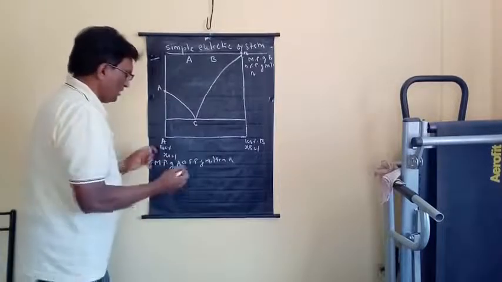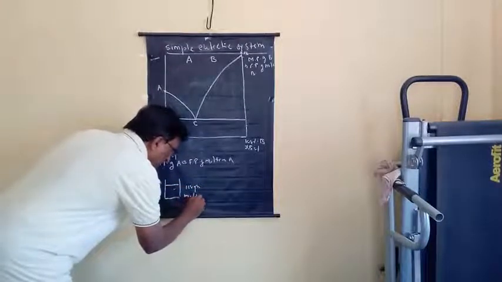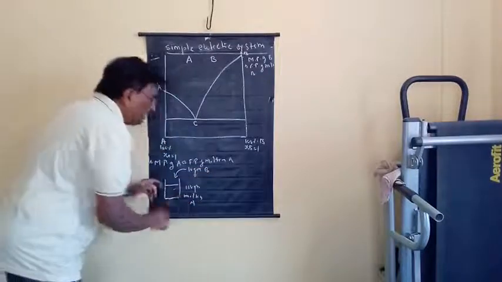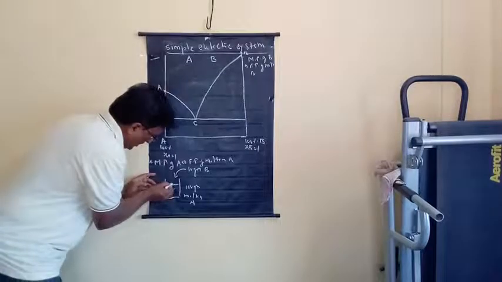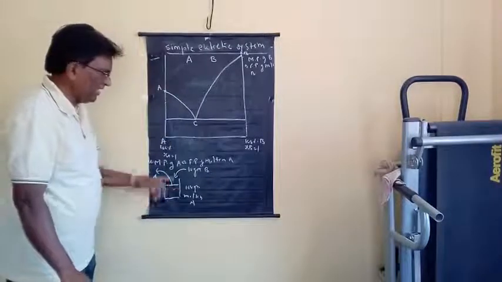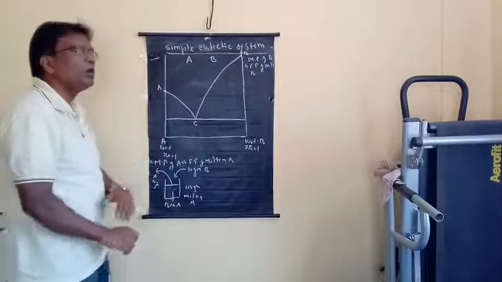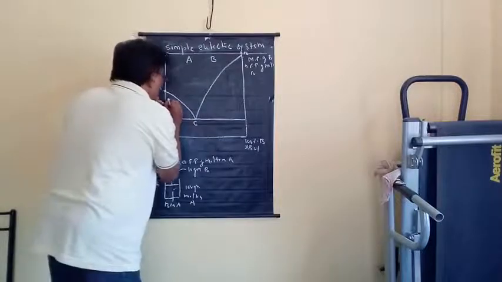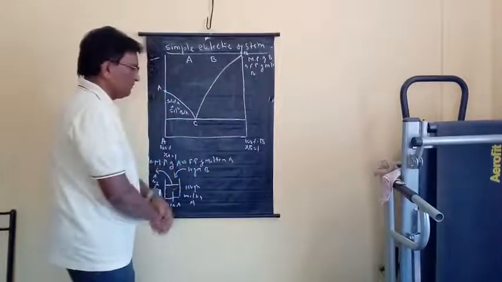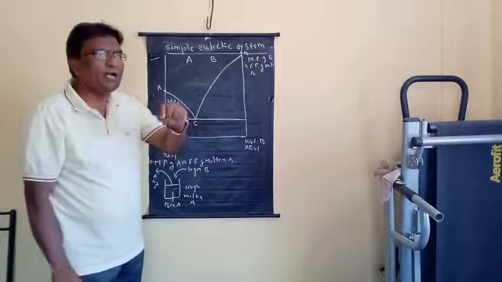Now suppose we have 100 gram molten A. And if we add 10 gram B component, then what will happen? 10 gram solid A leaches out from that particular molten mass, and B passes in this particular solution to form solution of B in A. And therefore, along this curve, solid A remains in equilibrium with solution of B in A. That means along the curve AC, solid A remains in equilibrium with solution of B in A of varying composition.